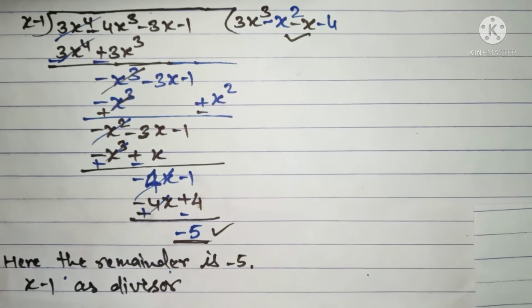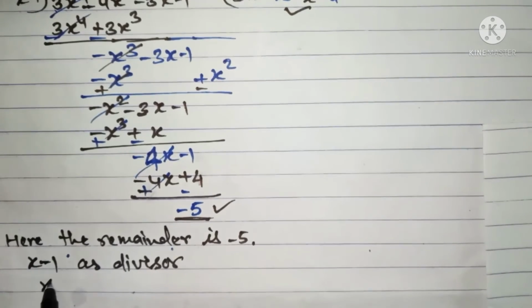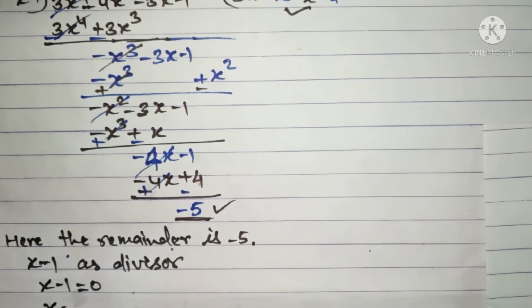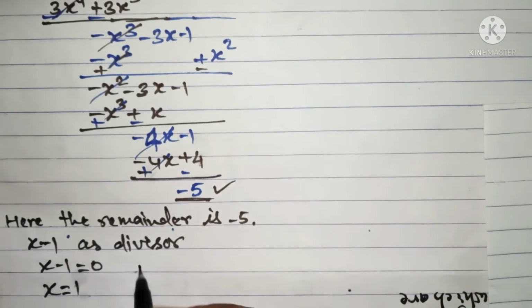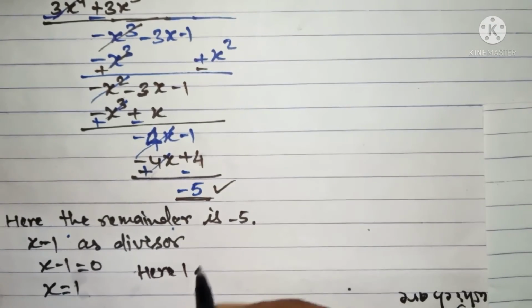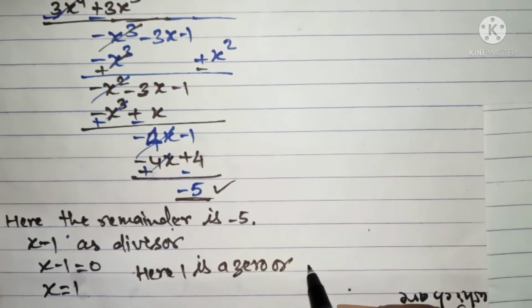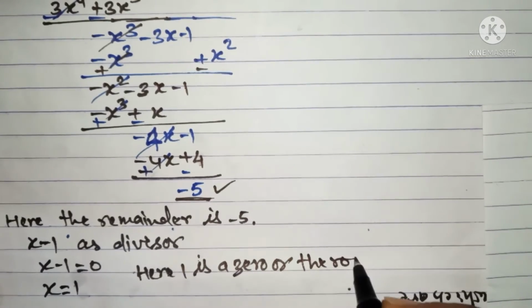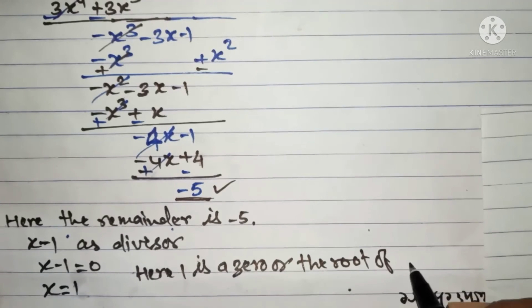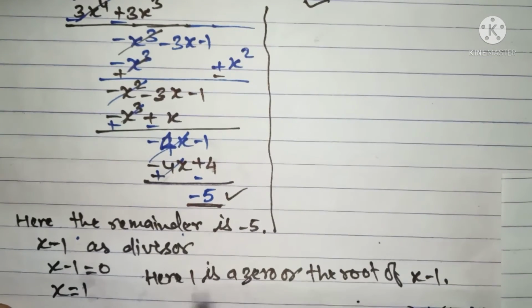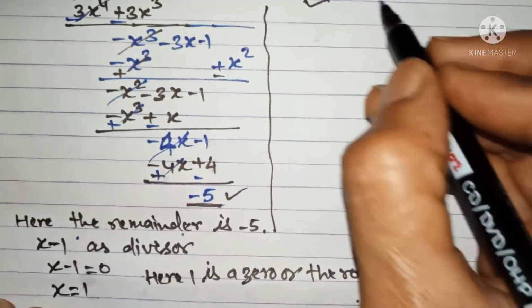We have to find the 0 of x minus 1, which will be x minus 1 is equal to 0 and x is equal to 1. Here 1 is a 0 or the root of x minus 1. If we put x is equal to 1, which is a root of the divisor x minus 1, in this dividend, we will get